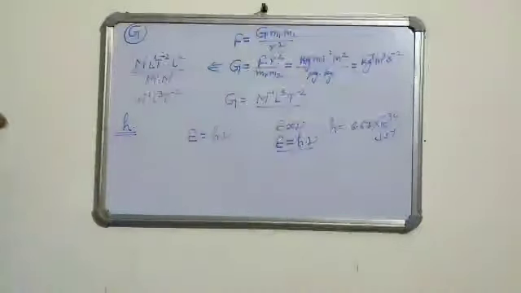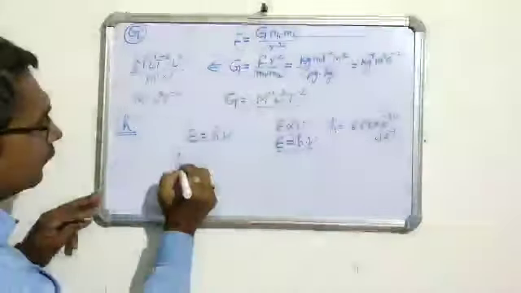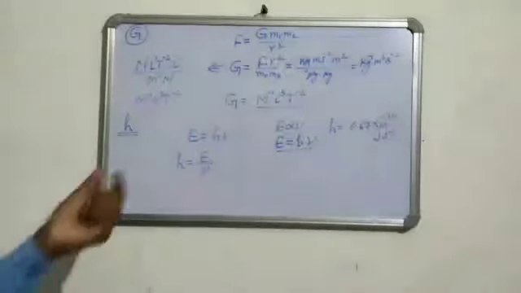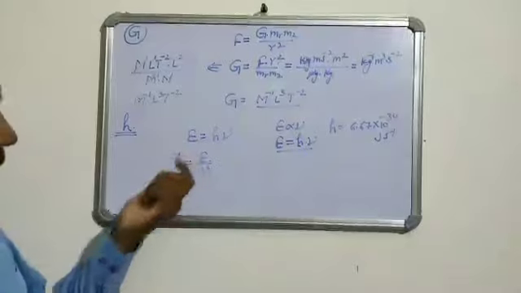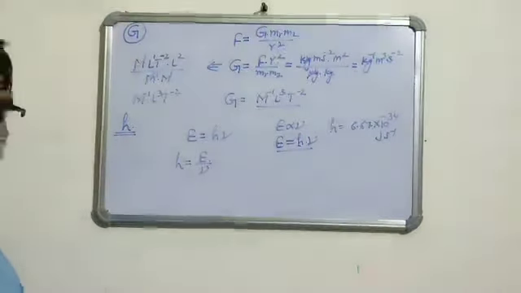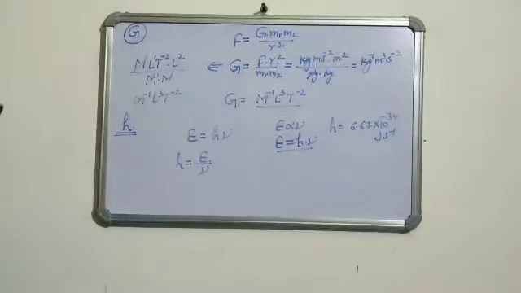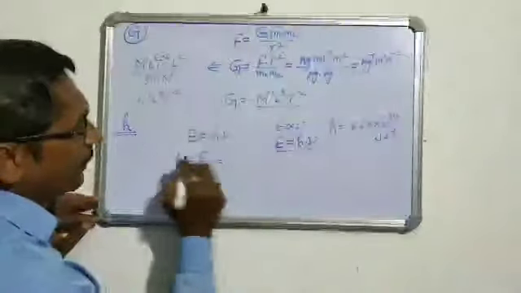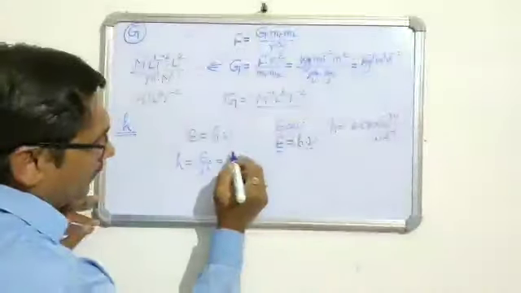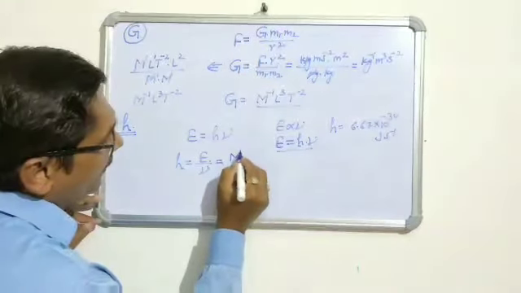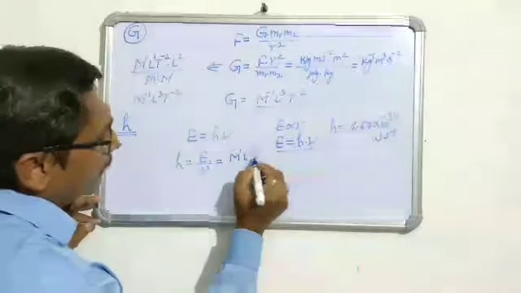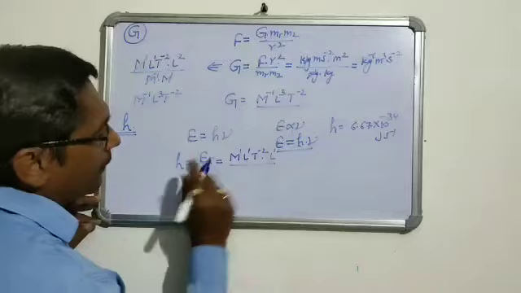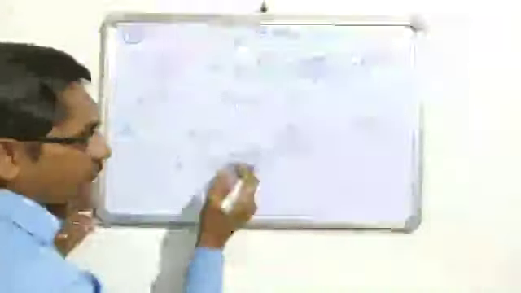So we can find the dimensional formula of Max Planck constant h. So h is equal to E upon nu. E is energy. The dimensional formula of energy is equal to work, because the unit of work done is joule. That's why the unit of energy is also joule. So the dimensional formula of energy is equal to work done. The dimensional formula of work done is F into d. It means M1 L1 T minus 2 into L1.